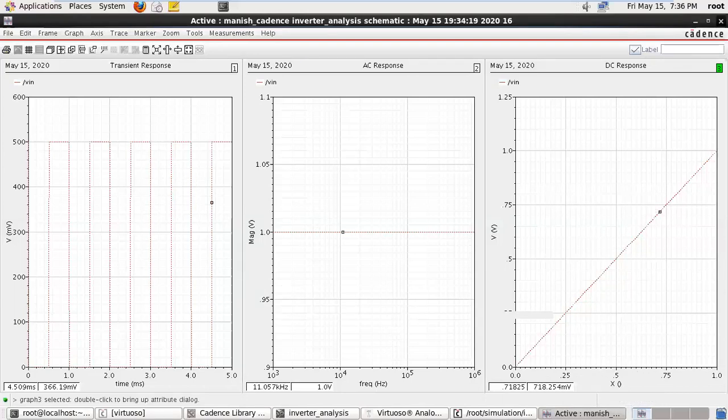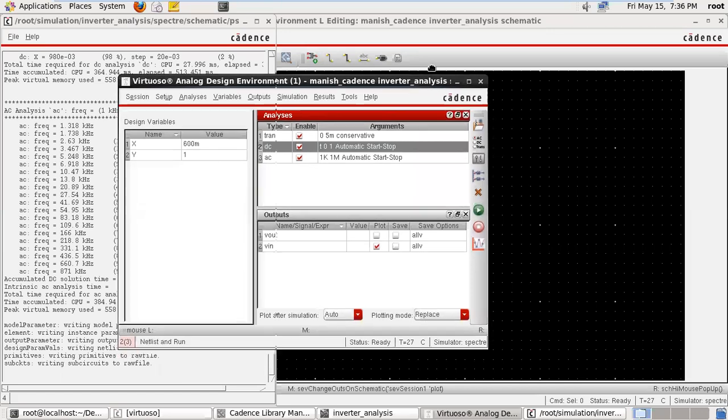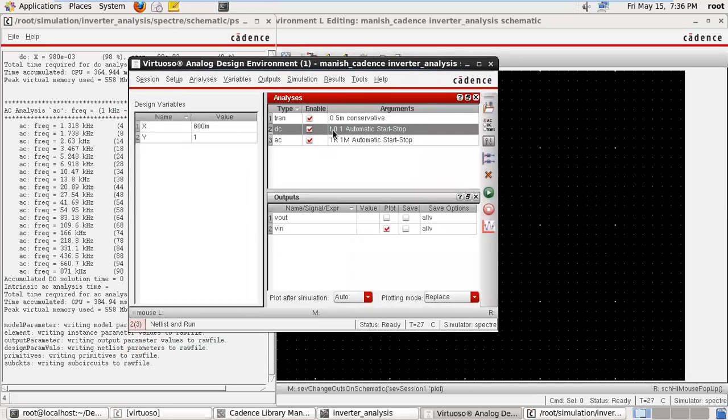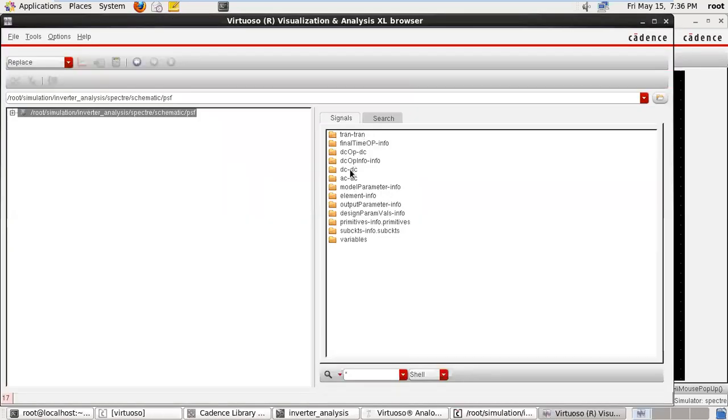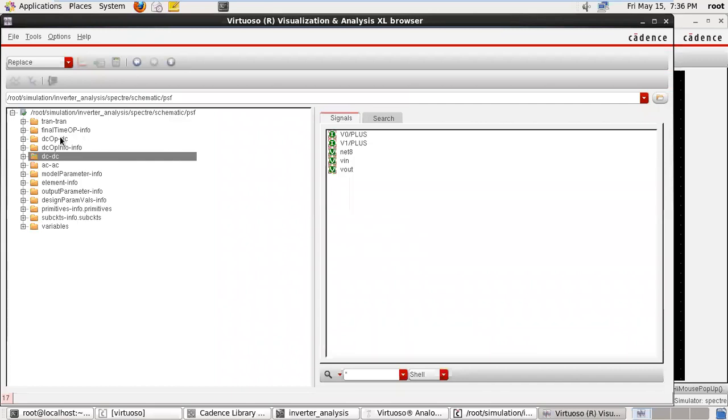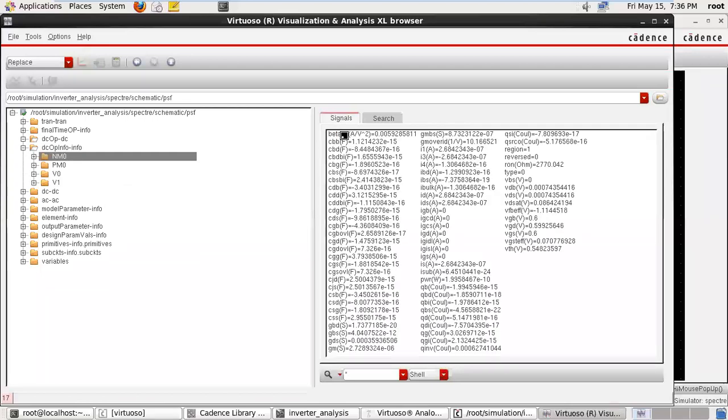Now one important point is this. Suppose we want to save all the transistor parameters. These transistor parameters can also be seen here: tools, result browser, and this point is DC output information NM0.